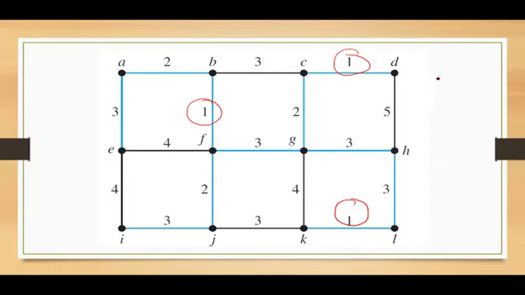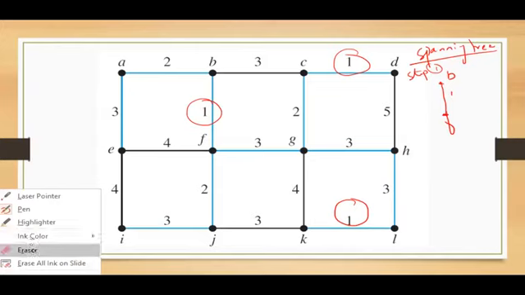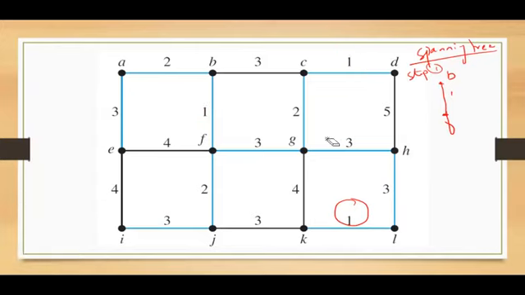I am drawing my spanning tree over here. BF. The weight is 1. I have created the edge. So directly I am drawing the spanning tree. You have to do it in your examination step by step. So this will be your step 1. Now in step 2, I will change this diagram only. I won't draw another new diagram. So just make sure that you are understanding the problem.